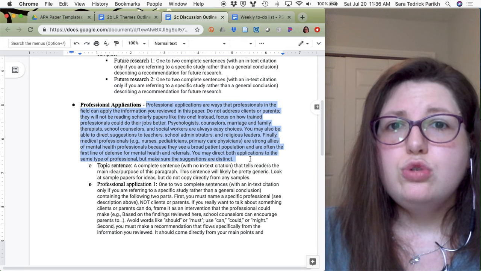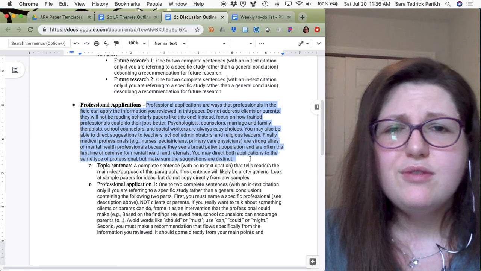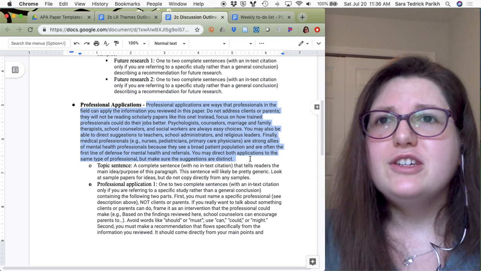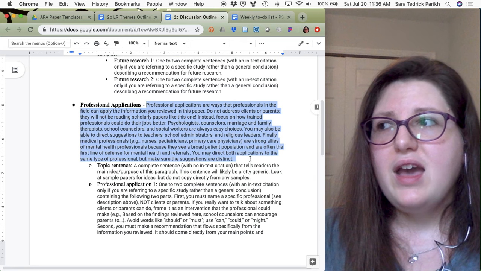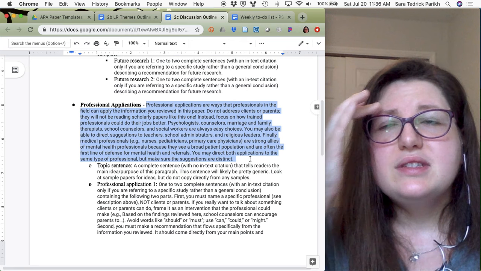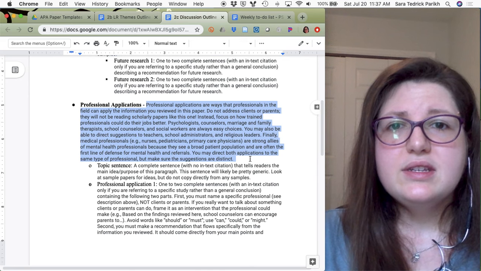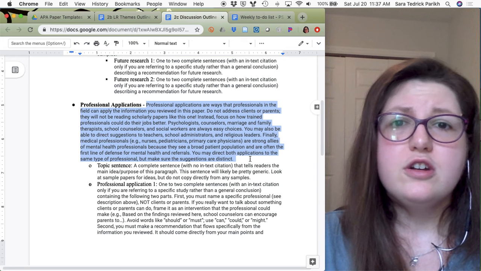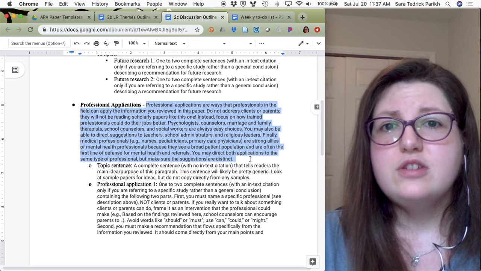Don't write these to parents or to clients. They're not reading papers like this. I know nobody's reading your paper except me and you and your peers, but when you publish, the whole point is I'm training you how to write the way you would write if you're publishing. And when you publish, you're publishing for other professionals. So instead of just telling, parents can do this, instead talk about how the professional interacting, even a nurse or a pediatrician, might go over, okay, here are the things to watch for.